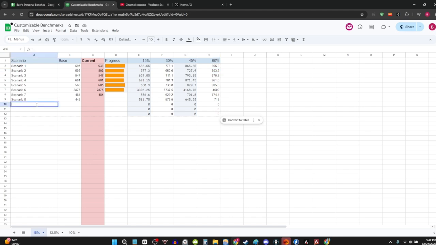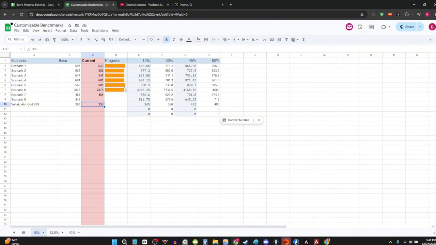So if you want to put in a new scenario, let's say we call it Voltaic Aim God 999 or whatever. That's the scenario called. And then your base score is 300. Let's say that's your current score, right? Or let's say that's your score at the beginning of the month, and then you're currently at like 350. You are pretty close. Like you've already surpassed this. You've already surpassed your first rank, so you can just measure that, like, oh, I'm past my first rank